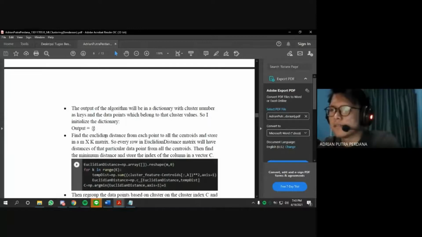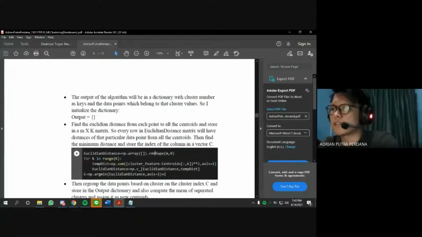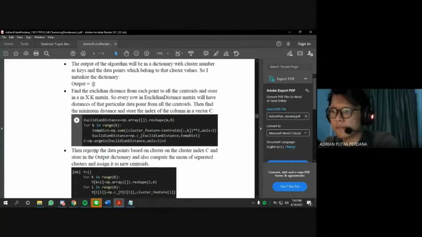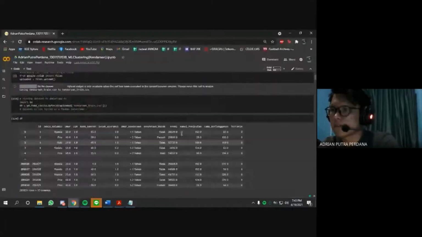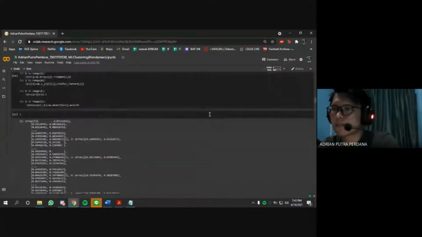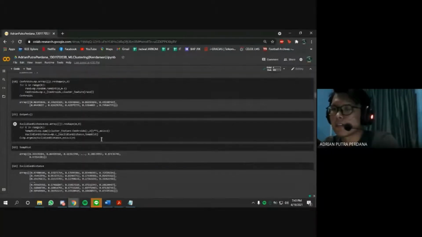The next thing we need to do is to find the Euclidean distance from each point to all the centroids and store it in a matrix. So every row in the Euclidean distance matrix will have the distance of that particular data point from all the centroids. Then find the minimum distance and store the index of the column in a vector C. So this is the Euclidean distance,